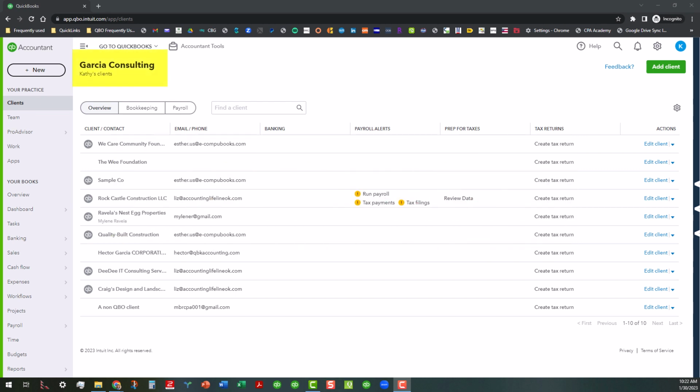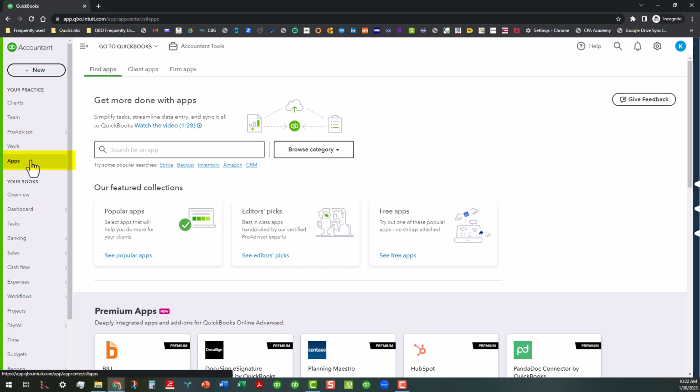As you can see, we are in the Garcia Consulting realm, and we are still working in the Your Practice area of QuickBooks Online Accountant. I'm going to go ahead and click on the apps link here, which will take us to the